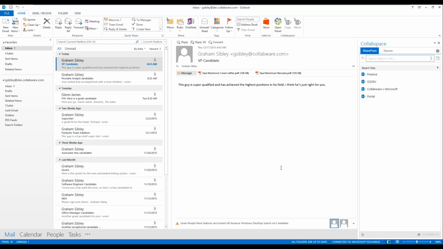Now, to do that, I want to pop over to Outlook real quick because this is really where it all starts. In Outlook, I get an email, and that email has attachments about a possible candidate we want to hire. I'm in HR, so I think, well, that's great, but I'm going to go ahead and put that in SharePoint. So using our Collab Space add-in, we can navigate through my SharePoint